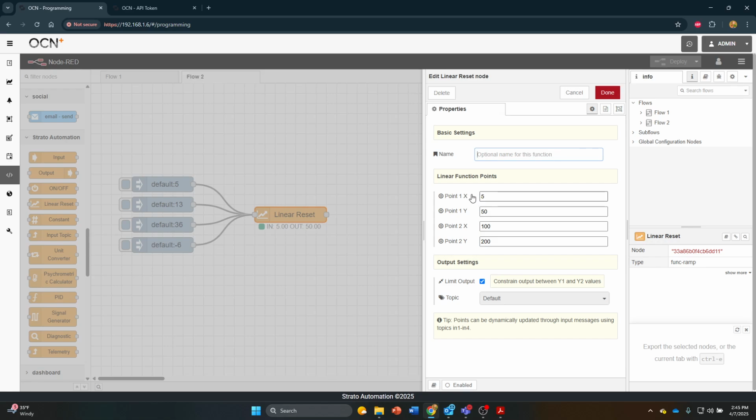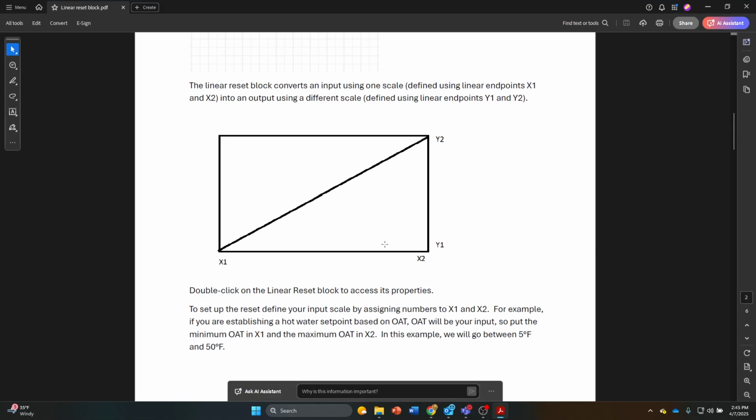Then I will enter my X1, X2, Y1, and Y2. These are my points that I will use for my linear reset. What these refer to is a little easier to explain with this graphic here. So basically I'm creating a function. I have my inputs, again, X1 and X2, Y1 and Y2. And so for a given input